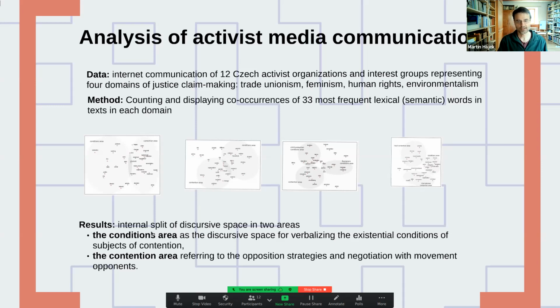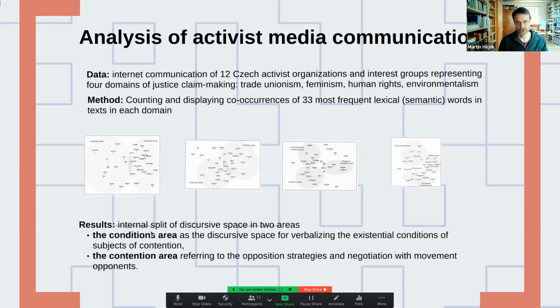And I will say, for example, in human rights, it's about children, or about foreigners, or asylum seekers. These are subjects, and in condition area, in this part of communication, they talk about conditions of these subjects. And there is a second area, complementary, contention area, and they